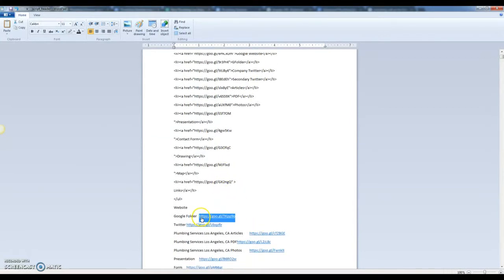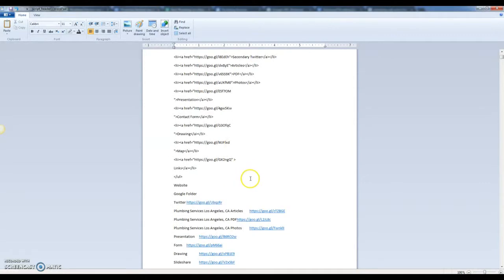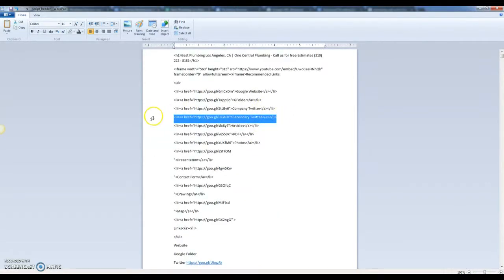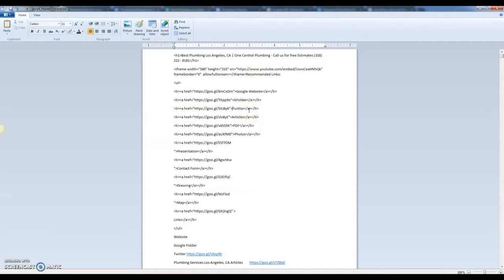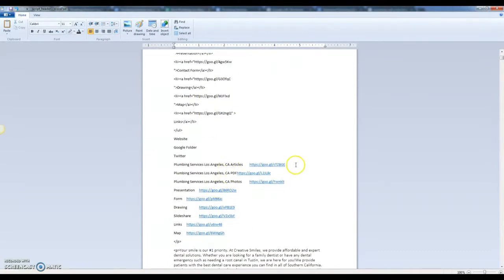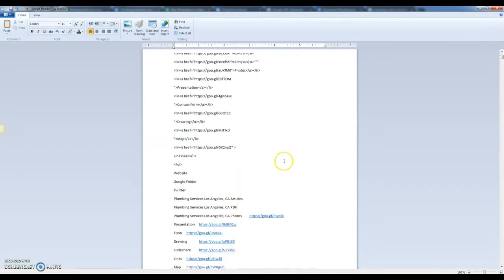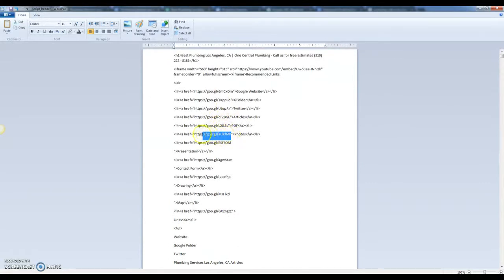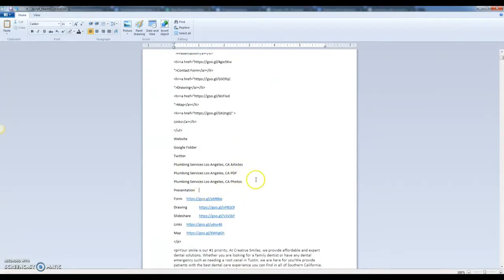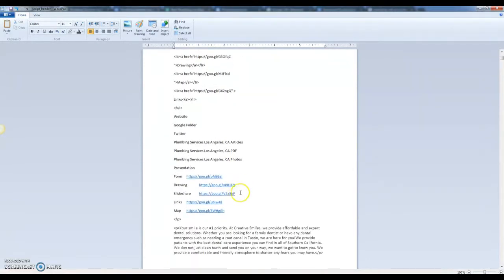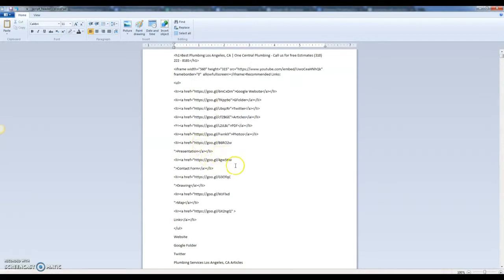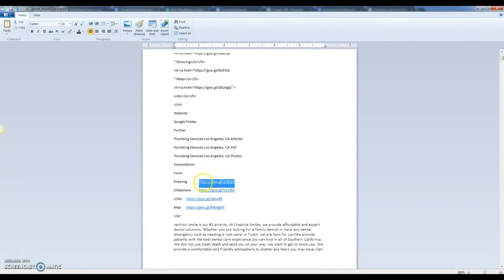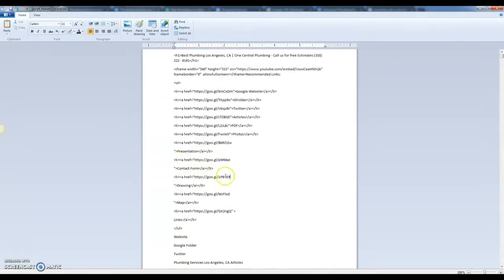For the Google folder, for the Twitter, Control X, Control V, and for the articles, for the PDF, Control X, for the photos, for the presentation, Control X, Control V for the contact form, Control X, Control V for the drawing, Control X, Control V for the